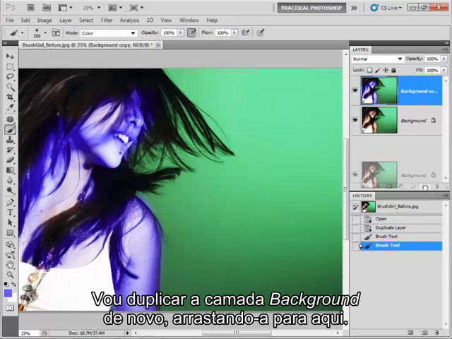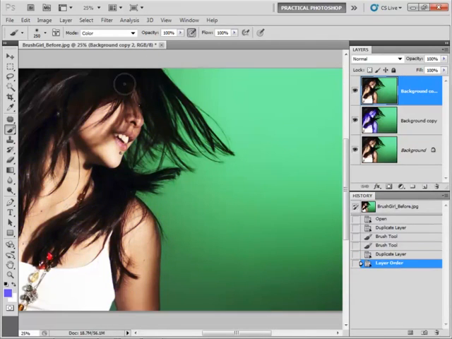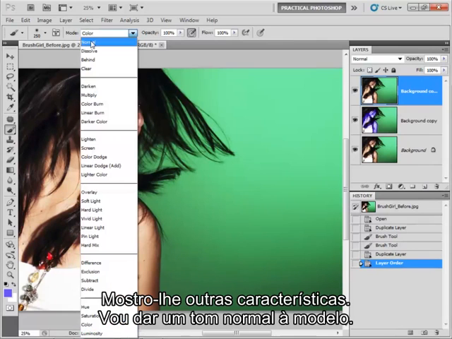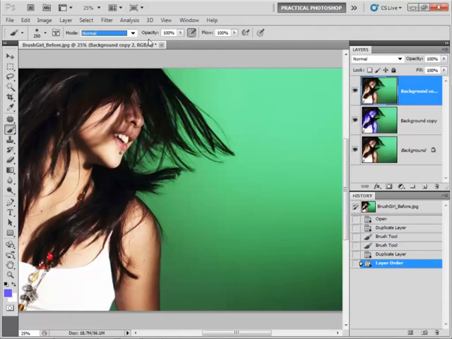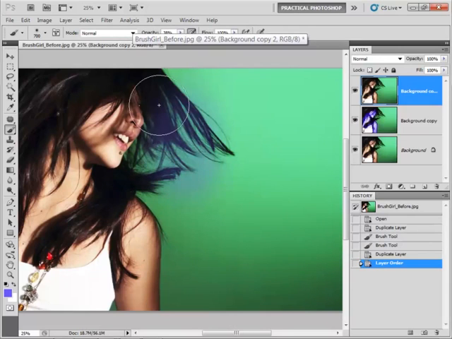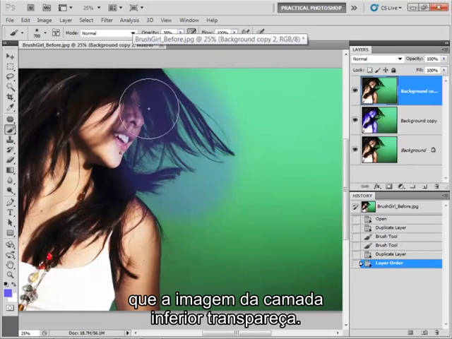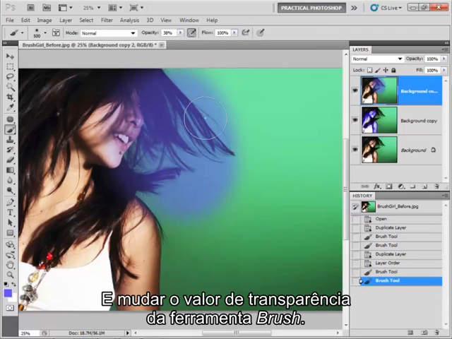Let's go ahead and duplicate our background layer again, and we'll move it to the top of the stack. And I'm just going to show you a couple of other features. Let's turn that back to normal. You have the option here to change the opacity and the flow of your brush. So changing the opacity will allow some of the image underneath to show through and change the transparency level of